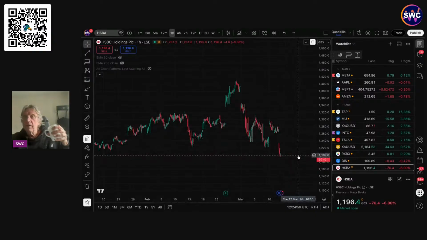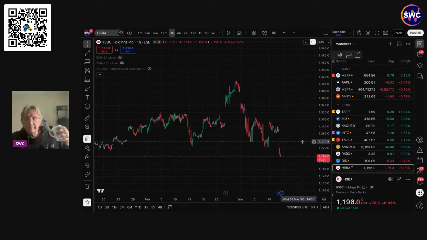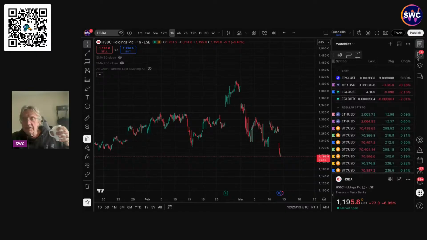It's come down. The problem being, I think a lot of these banks are getting targeted by missiles and things. I don't know, something like that. Not quite sure of the story, but yeah, they're trying to get them. The state of things is really bad, isn't it? All right, so everything's down a little bit.